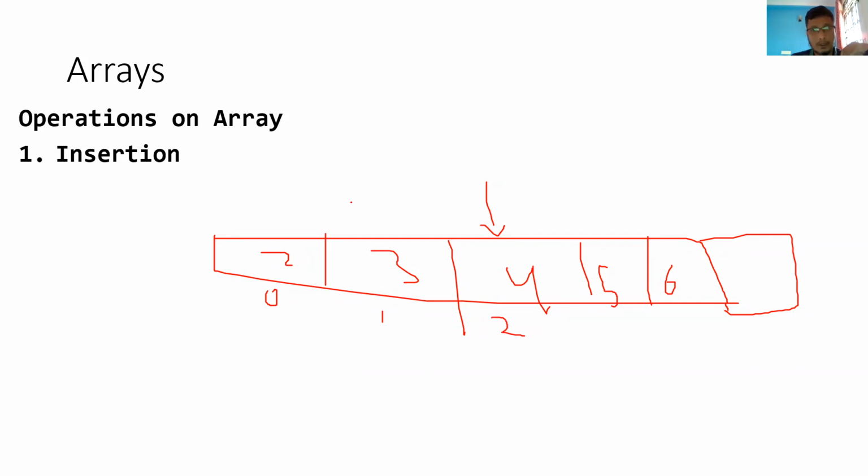What you do, you need to first check that your array is not full, right? Only then can you insert, because you don't want to delete the existing element. You want to insert the element at the second index, making sure that the other elements are adjusted based on that. So you copy this last element into the free space here. Similarly, 5 will be copied here and 4 will be copied here, right? And then you make room for the new element to be inserted at index 2. So this will be empty at the moment. And then the new element, whatever you want to insert, will be inserted at index 2. How will this be achieved?